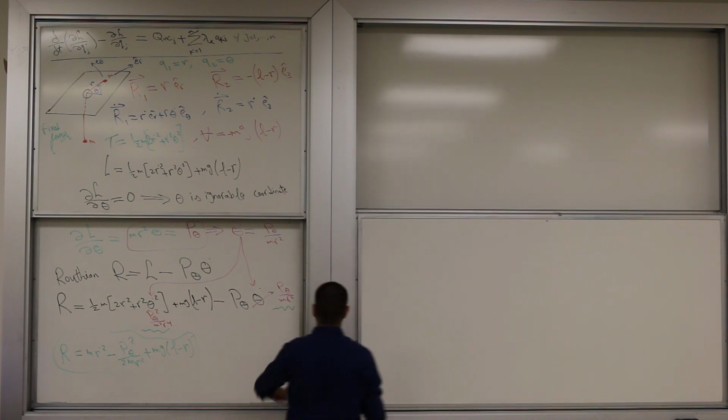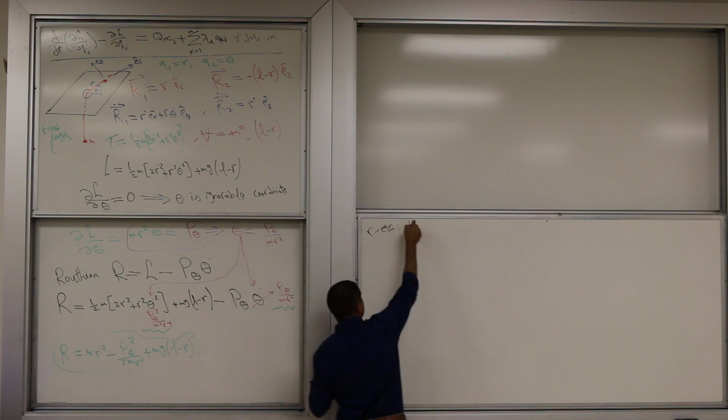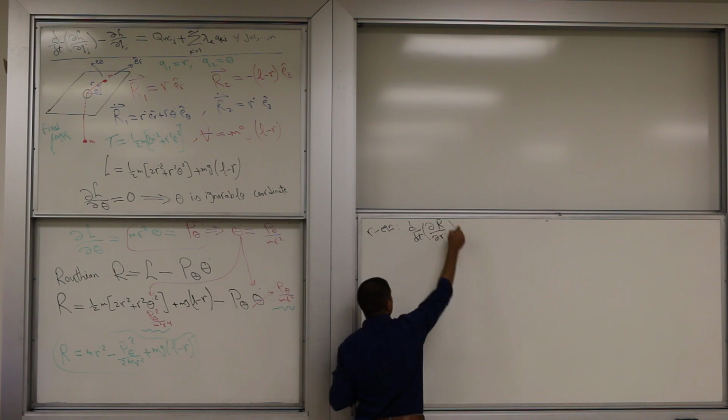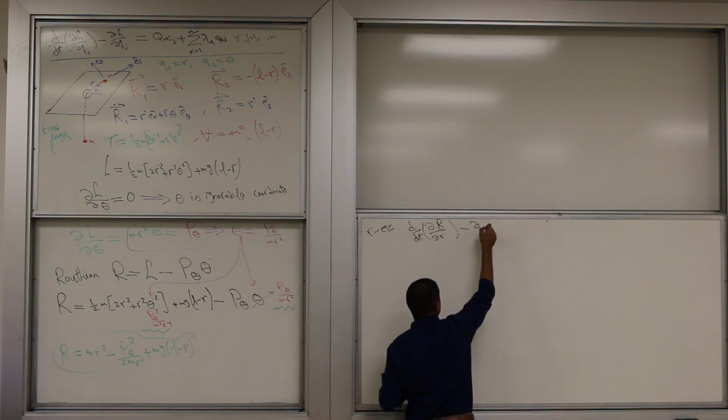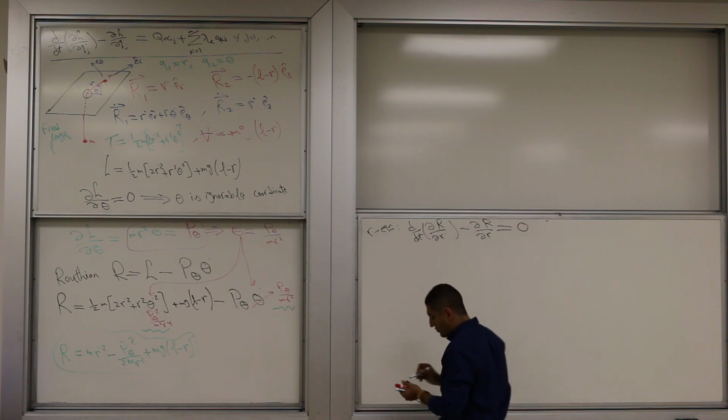Okay, I have this Routhian, so what's my r equation, little r equation? It's d by dt of partial of the Routhian with respect to r dot, minus partial of the Routhian with respect to r. This is equal indeed to 0 because no